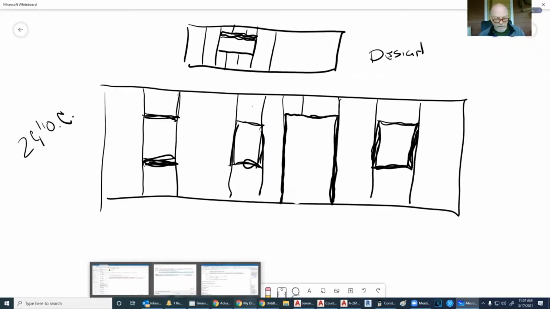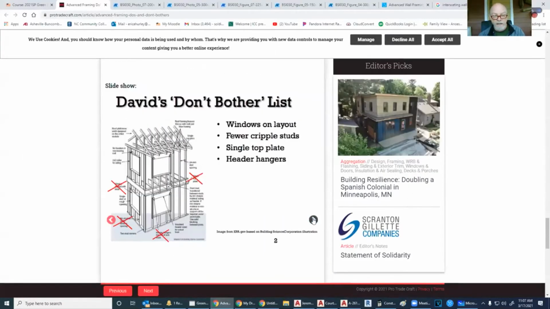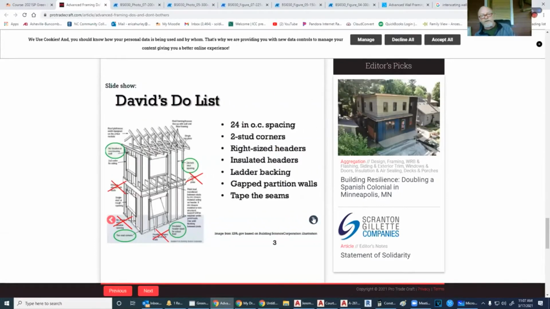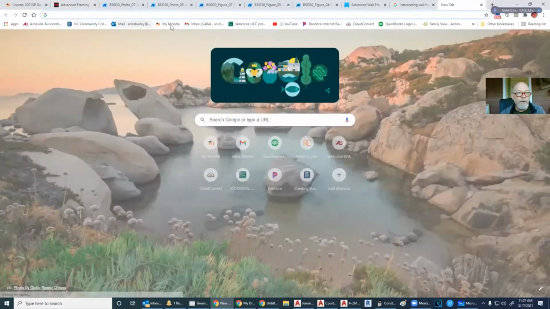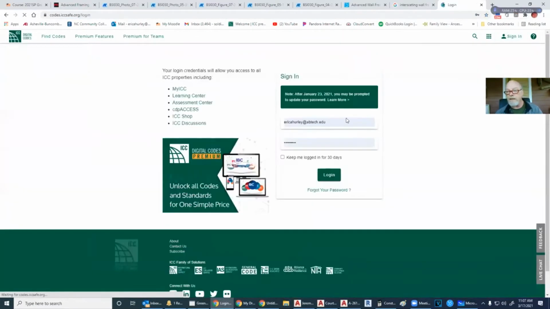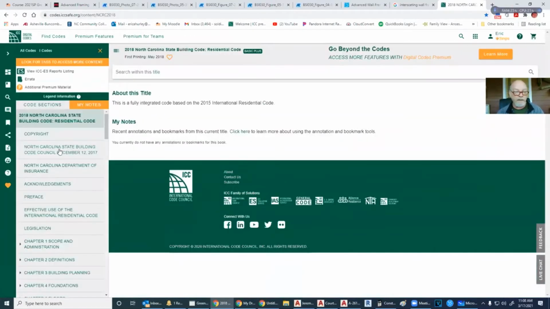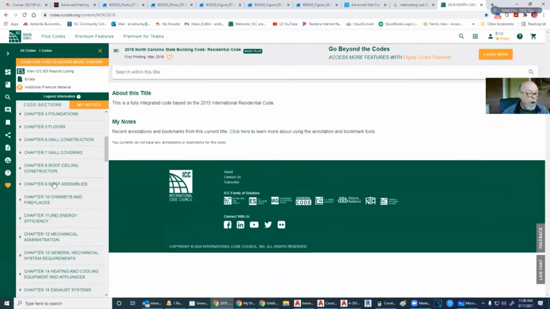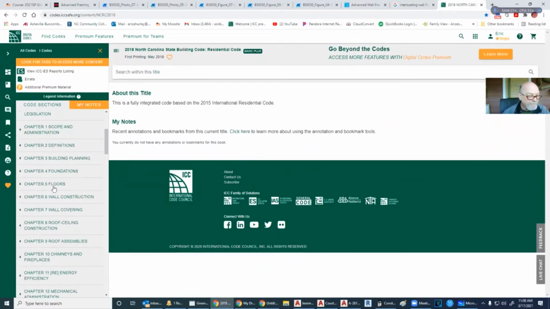Now let's continue on. I'm running out of time. So David's list to do is 24 inches on center, 2 stud corners, the right sized header. All right. So the right sized header is another thing that is super crucial, and you can go to your building code and figure that out very easily, or of course you can hire an engineer that's going to cost you out the yin yang, or you can go to